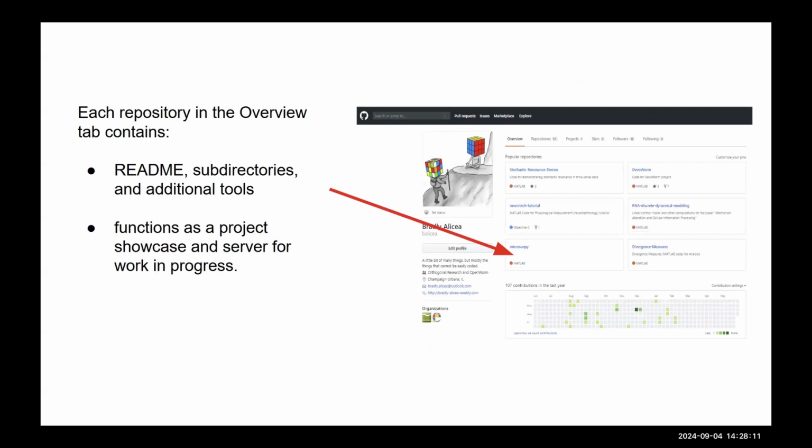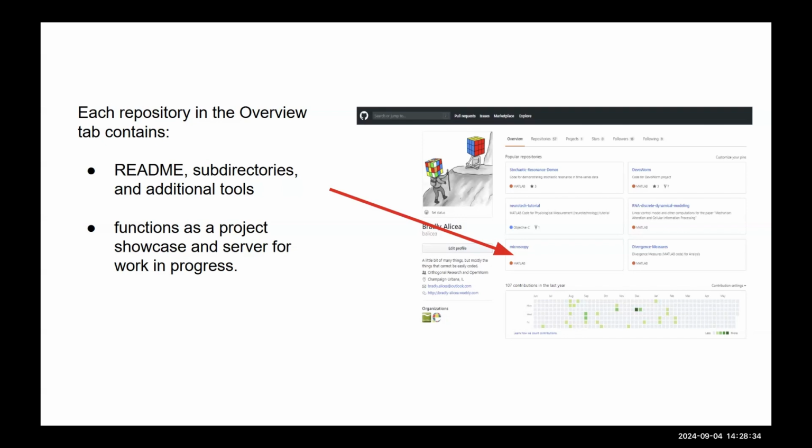And on the front page of GitHub, oftentimes you'll have these cards which you can put at the top of your profile. These are like the most popular repositories, so you can advertise the repositories that you want people to really pay attention to. So sometimes if you're trying to get a job, you might advertise the projects that you worked on by pinning them to the top.